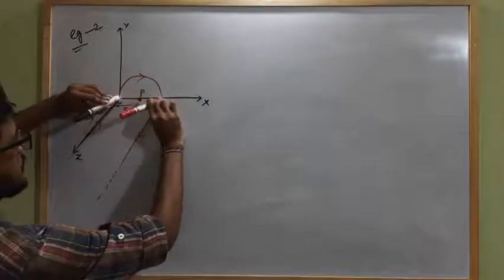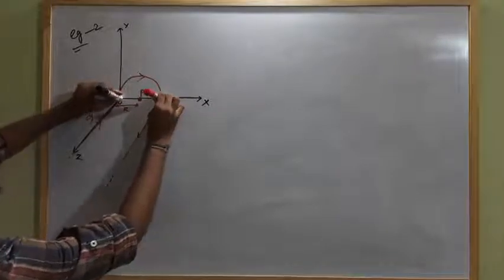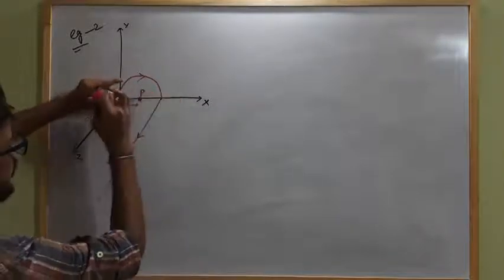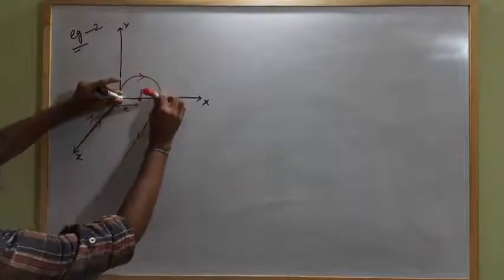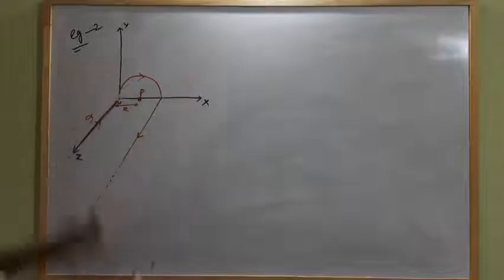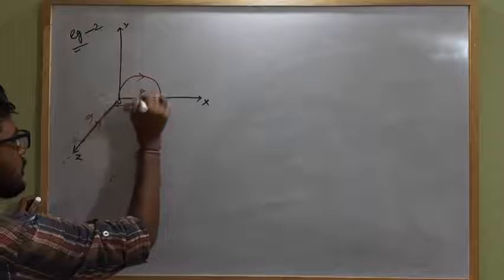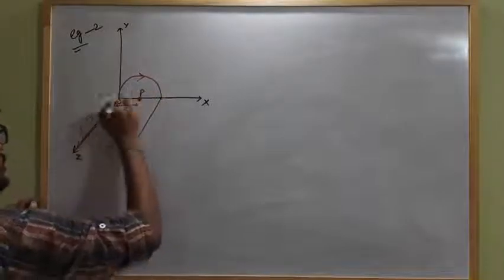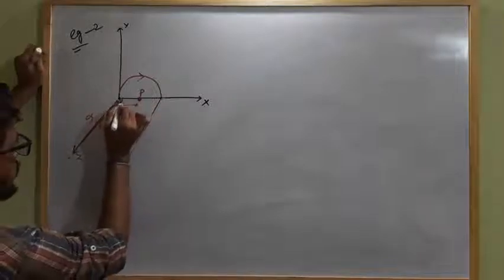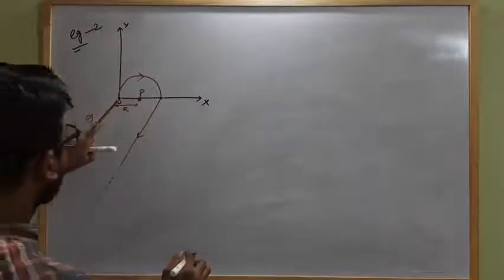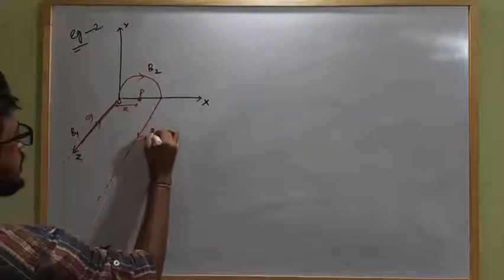Okay, now just put this along this. Clear? So now we have to find out the net magnetic field strength at this point P due to this current carrying segment, this current carrying segment and due to this current carrying segment. Clear? So as we assume that this is the point of observation P, here is the straight infinite long current carrying conductor and the point of observation P is at close to one end at a distance R. So due to this segment, let this be B1, B2 and B3.